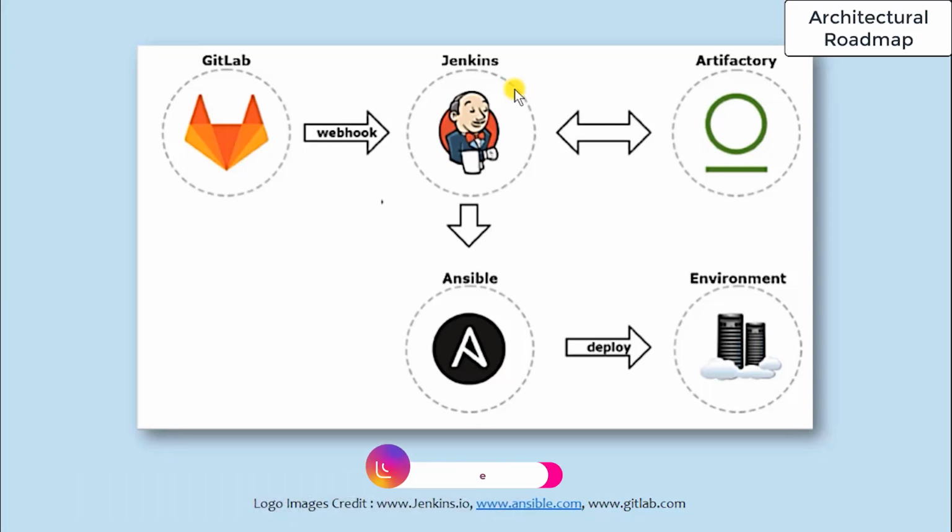So Jenkins will have plugins for GitLab. We give a repository address in Jenkins, so that Jenkins has a continuous check on whatever commits have been made, so that Jenkins will do continuous builds if we enable the CI/CD pipeline. It will create an artifact, that is, the artifactory. Once the build is successful,